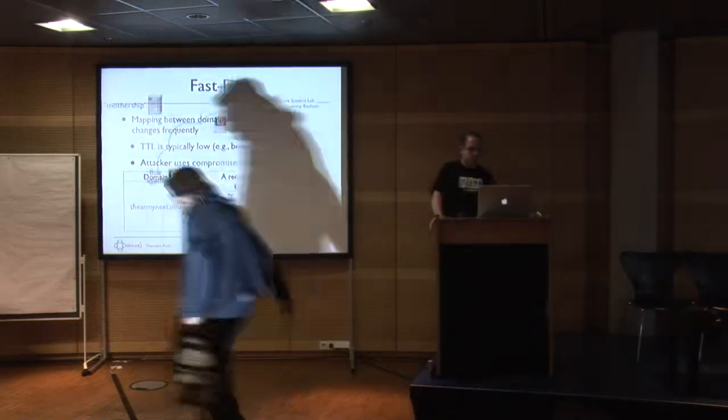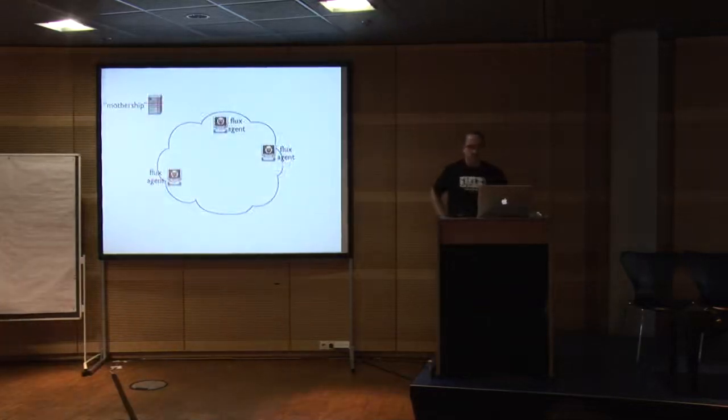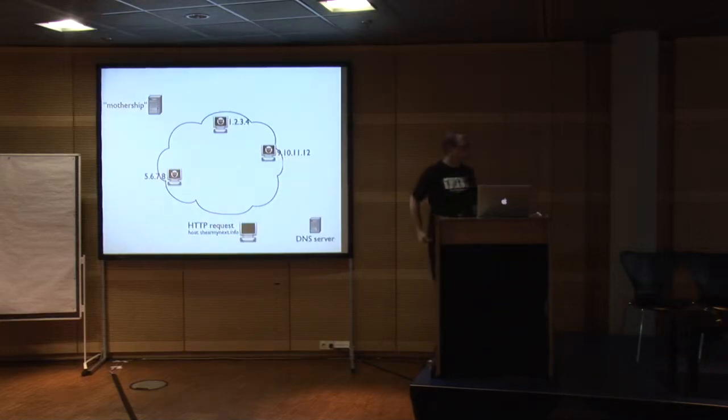ranges? From the big picture, what happens is that we have several infected machines running within the network. These are again just compromised machines. And we have in the back end this kind of mothership which actually hosts all the content. Then we have on the bottom just a normal machine which wants to do an HTTP request to this domain, armynext.info. In the first step, it does a DNS lookup. The DNS server basically tells the host that the mapping for this domain is now 1.2.3.4.